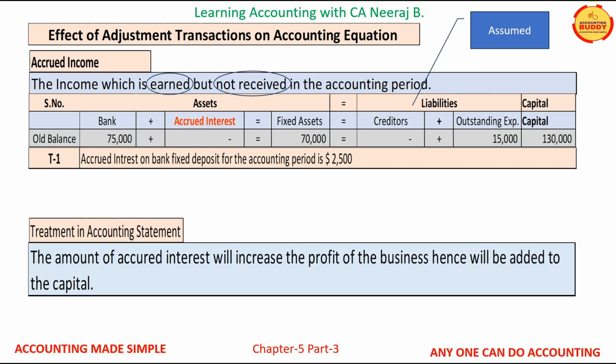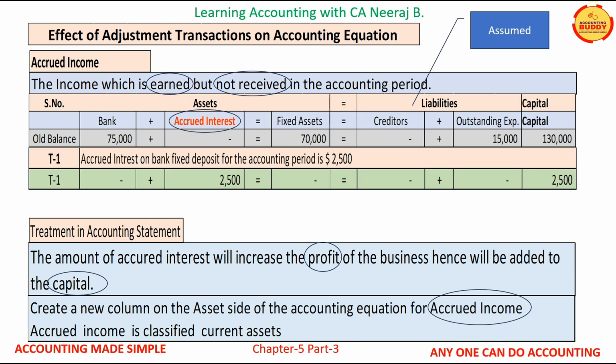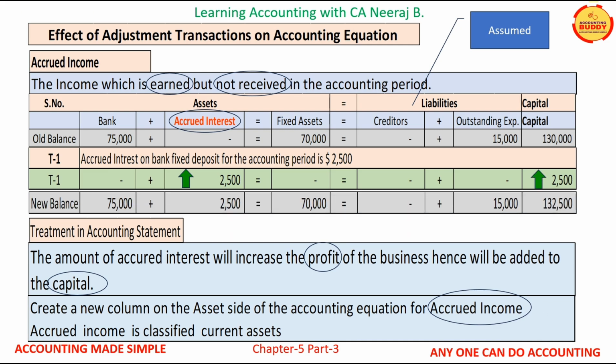The amount of accrued interest will increase the profit of the business and hence it will increase the capital. Create a new column on the left hand side of the accounting equation for accrued income. Since accrued income is an asset, this transaction will increase the assets by $2,500 and capital also by $2,500. Post this accrued income transaction, the new balance of the accounting equation will be 75,000 cash, 2,500 accrued income, 70,000